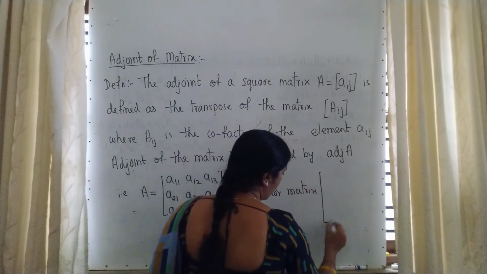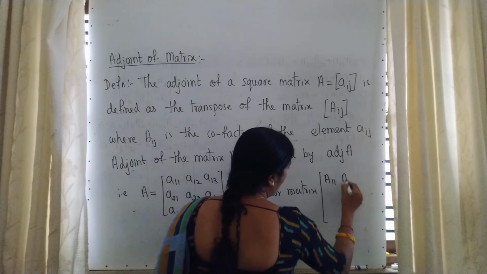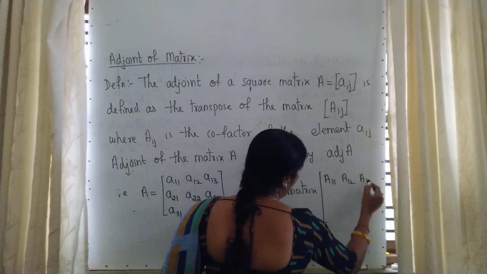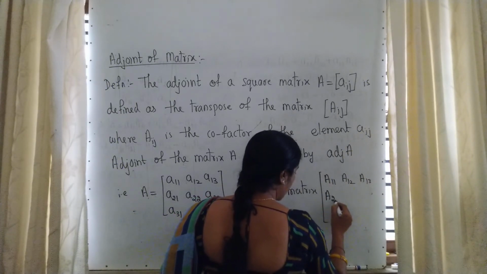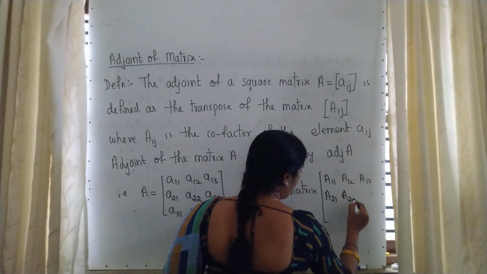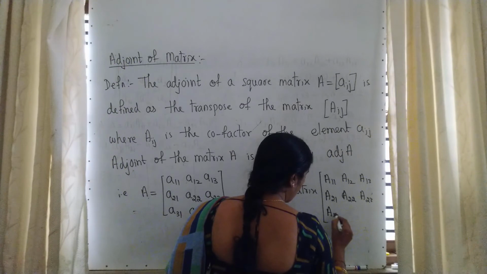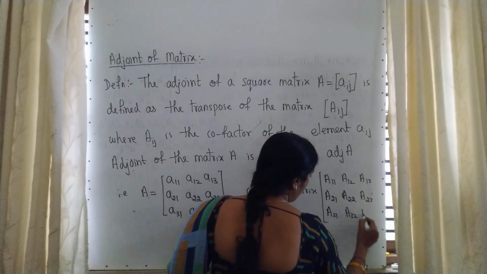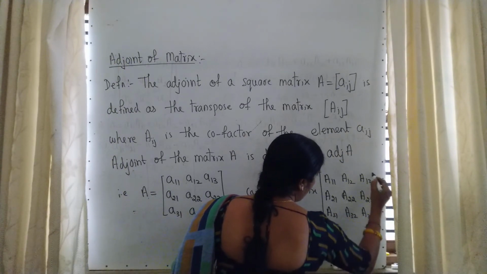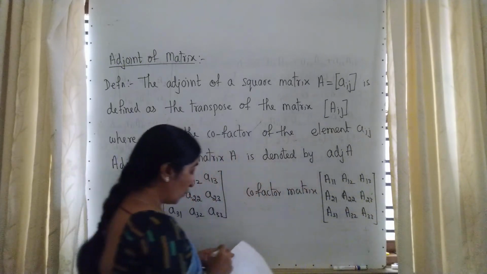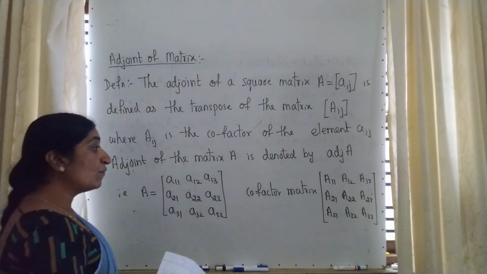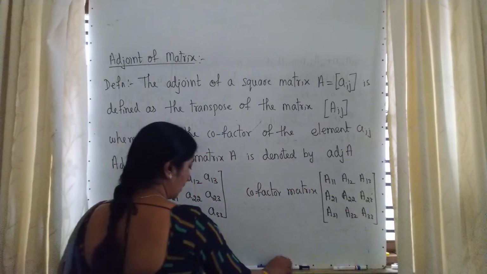Cofactor matrix is A11, A12, A13, A21, A22, A23, A31, A32, A33. If you write the transpose of this cofactor matrix,